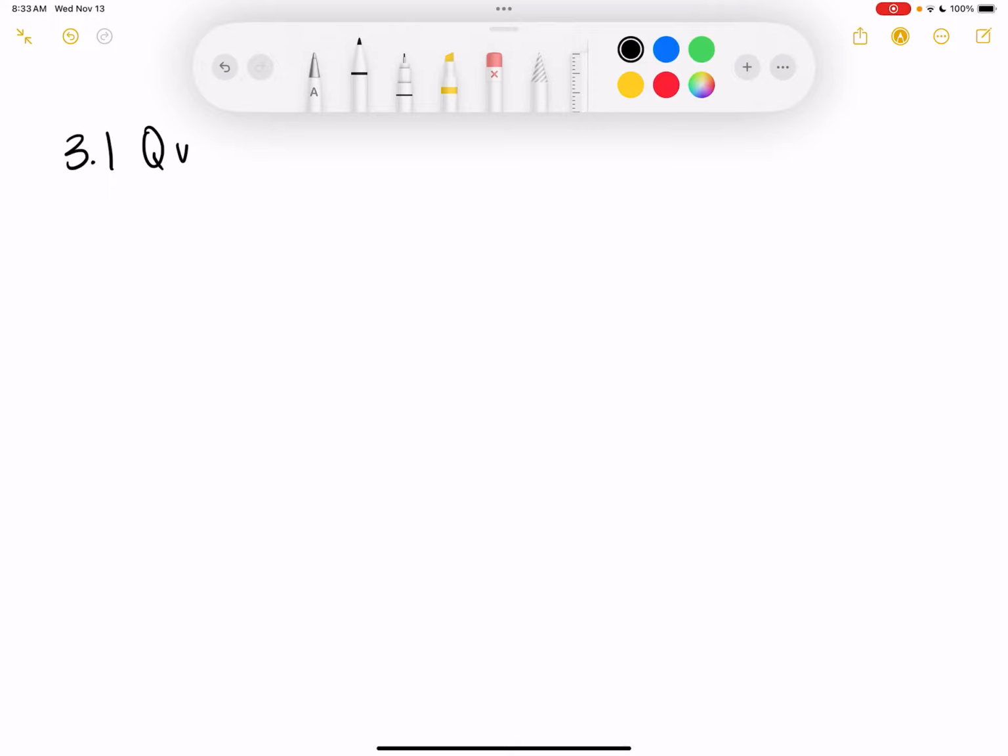So, 3.1 quadratic functions and models. And the big thing we're going to be doing is graphing quadratic equations, so graphing parabolas. But the first problems,